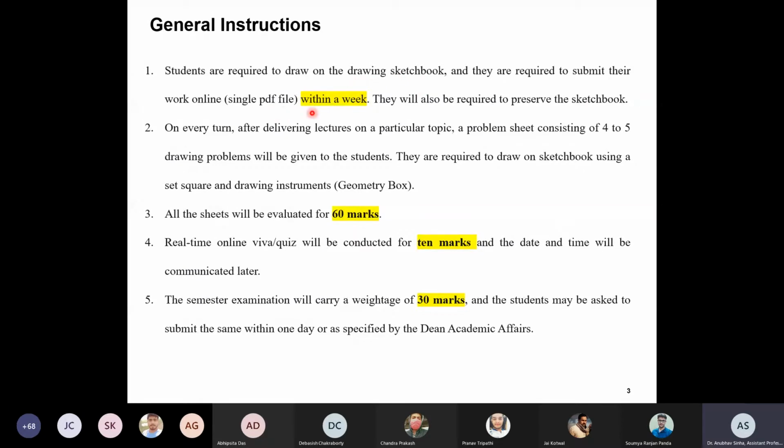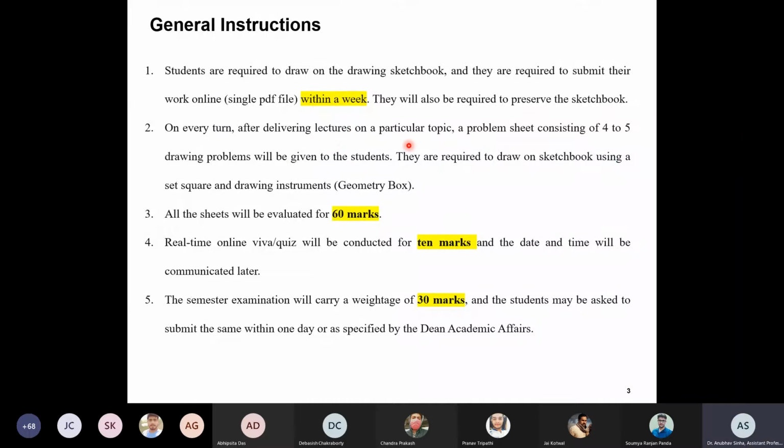You will get 1 week to submit. Today I will give you the sheet, and by next Friday night you have to upload it. I am putting it as night so that next week we also have a class. If you have doubts, you can discuss in the class, work on that sheet, and then submit it. You need to keep that sketchbook, as maybe finally they will ask for something.